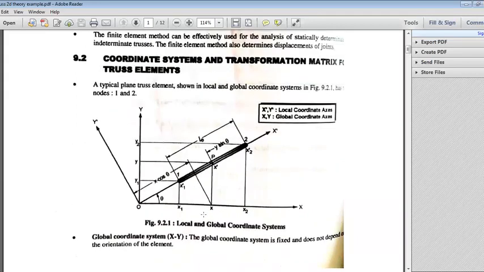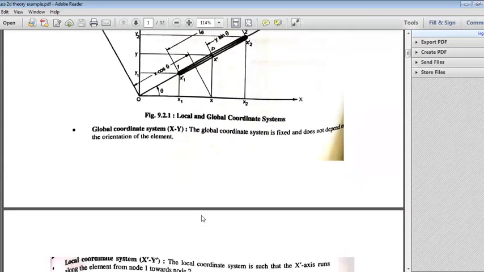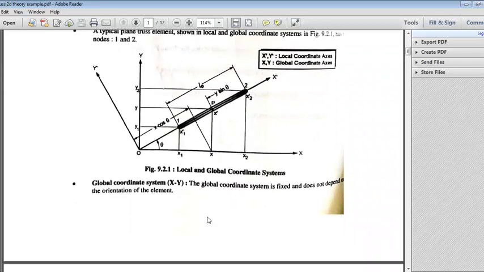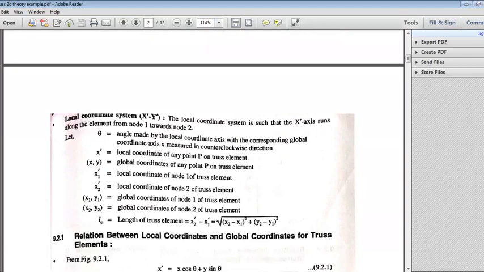As we have studied in the previous lecture for the 1D problem, we have to define the global node numbering, coordinate system, local node numbering and coordinate system. In the same way here we are defining global coordinate plus local coordinate, right? So the local coordinate system is given based on x dash, y dash. Here the whole explanation is given, with key notation for the particular symbols. What is theta; x, y is the global coordinate system.